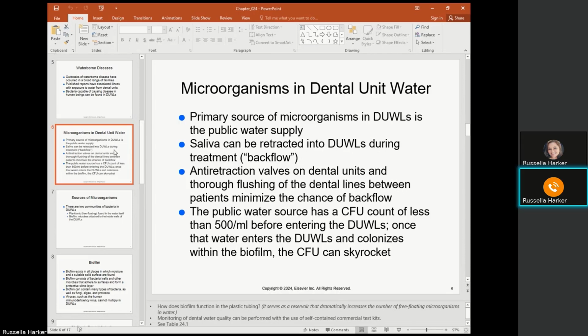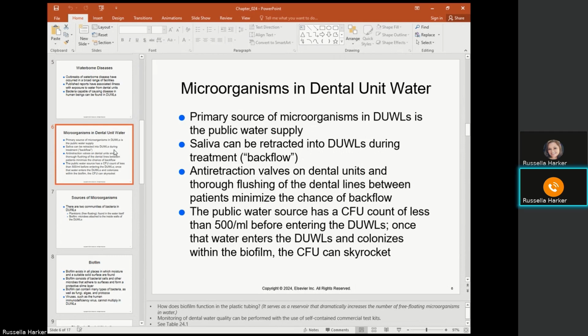Saliva can be retracted into the dental unit water lines during treatment of a patient, and that is called backflow. So with that backflow, the saliva is brought back into the lines, and they put anti-retraction valves on these units so that it minimizes the chances of the patients getting anything sucked back in